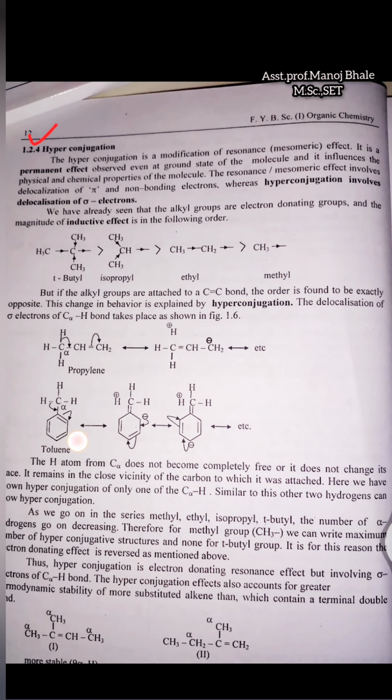Next one, that is toluene which is given there. In toluene this is the carbon, and next to the carbon that is the alpha carbon, and this alpha carbon has alpha sigma bonds. All these are the alpha sigma bonds. So in all these alpha sigma bonds, any one hydrogen donates electron for formation of the double bond here and forms positive charge. Simultaneously, there is a generation of the double bond. This double bond is unstable, which converts to the single bond. You can observe there. That means migration of